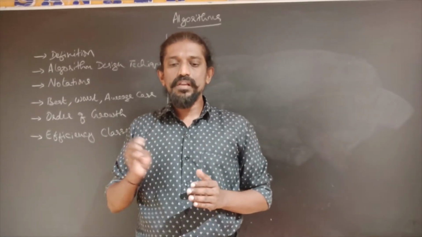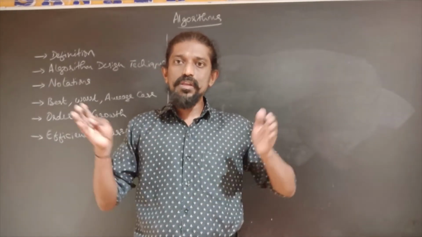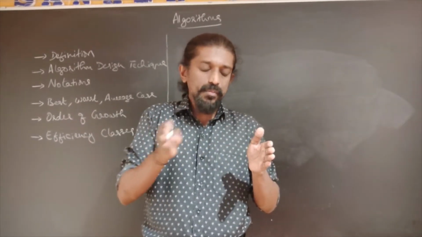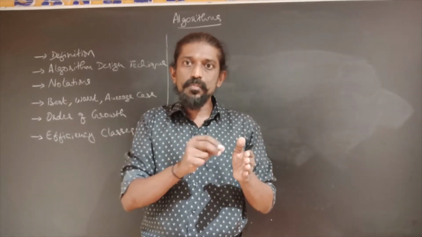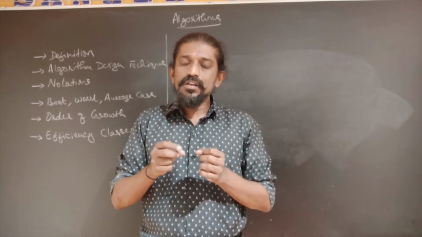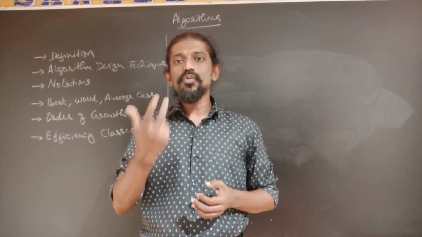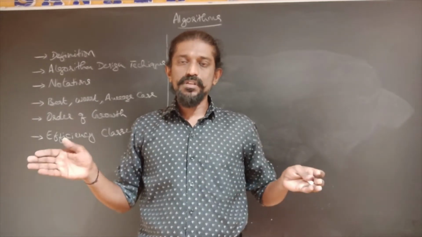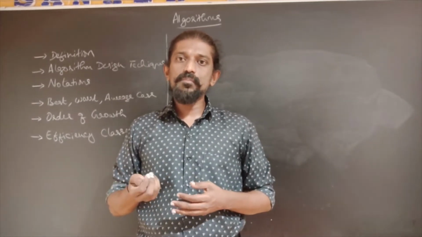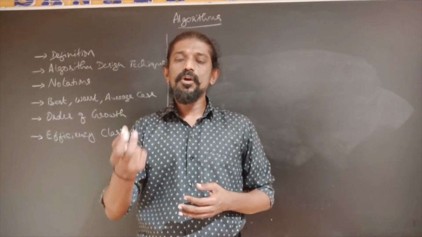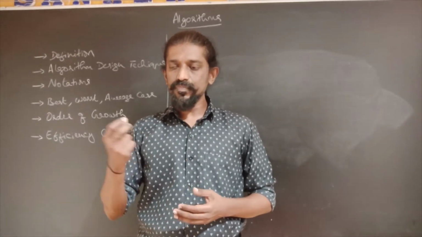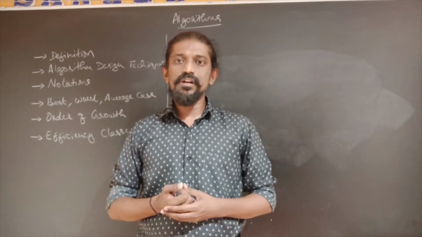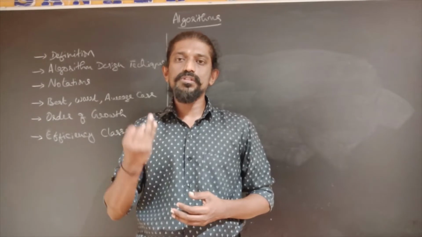Say for example, the divide and conquer technique tells that given a problem to be solved, divide the problem into smaller subproblems. Once you divide the problem into smaller subproblems, you solve the smaller subproblems, and then you combine the results of the smaller subproblems to get the solution to the original problem. So this is what divide and conquer tells. So this can be applied to a variety of problems. Say for example, divide and conquer technique can be applied to the searching problem, wherein we have the binary search algorithm. It can be applied to sorting algorithms. Okay, so sorting, we have two algorithms using divide and conquer. One is merge sort and the other one is quick sort.